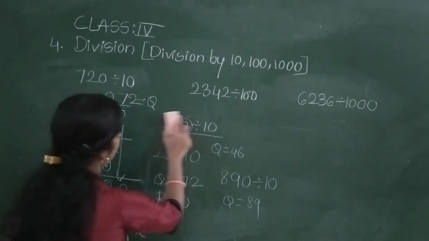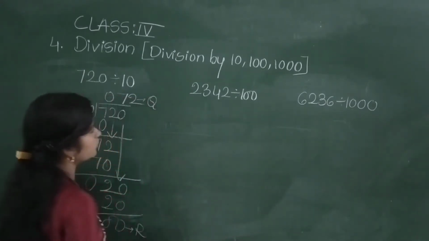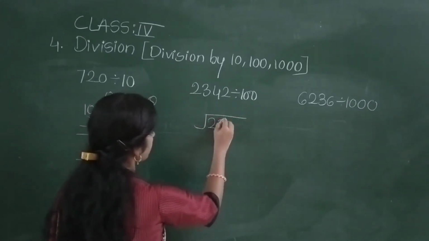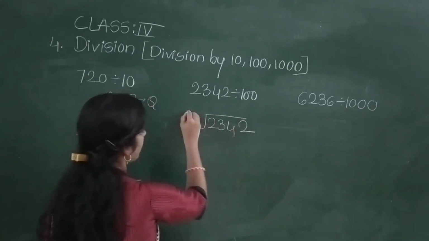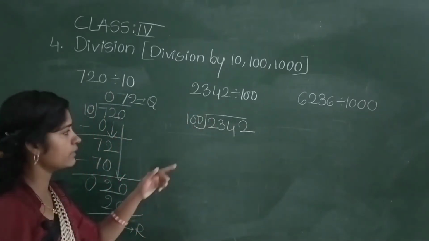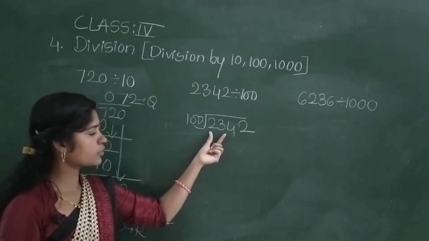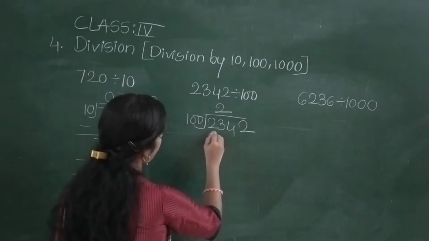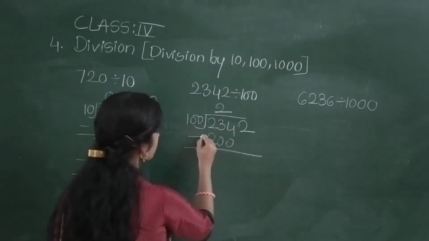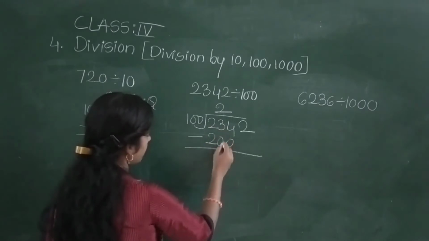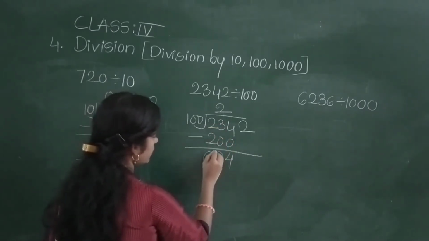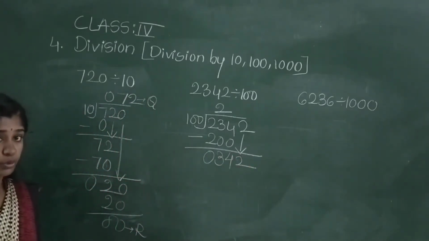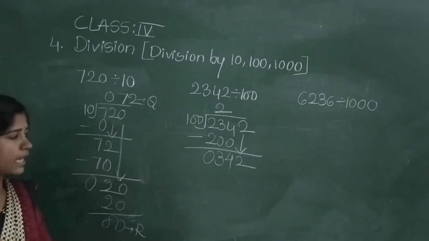Okay, so let us take one more example, and that is 2342 divided by 100. Already you know in the 100 ones table, 2 is not there, 23 also not there, but 234 is there. But by how much? 2 hundreds, 200. 4 minus 0 is 4, 3 minus 0 is 3, 2 minus 2 is 0. Again you take this 2 down. Now how much is it? 342. Then 10 threes are 30, which means 100 threes are 300.